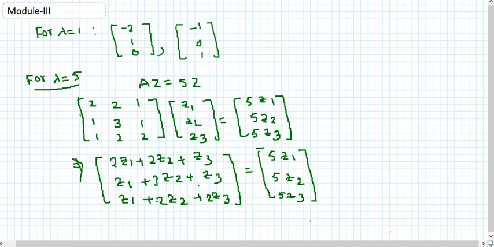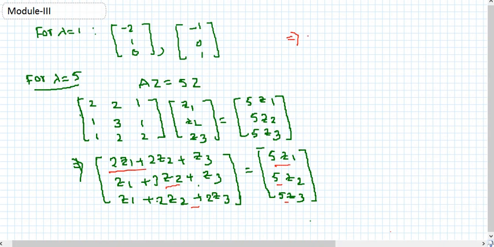Because we have a 3 by 1 matrix on both sides, each entry has to equal the corresponding entry. So if we write that down, the first equation will be